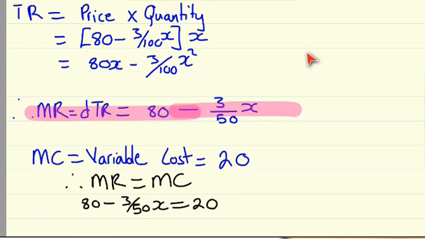So if I solve this, I'll end up with 60 is equal to 3 over 50 x. So it means x is equal to, let me put this in my calculator,